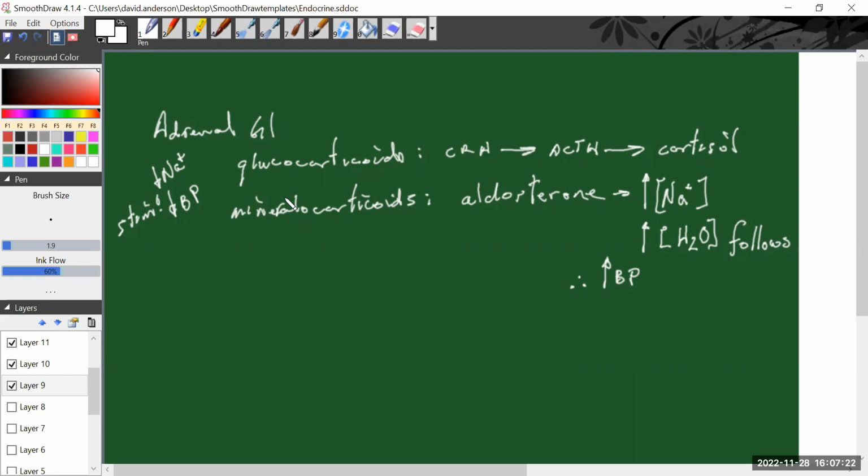So the location for where these stimuli are going to get a response, in other words, the receptors, if it's for sodium, they're called osmoreceptors. And if it's for pressure, they're called baroreceptors. So those receptors are located in the kidney. And if those receptors get excited, they're going to release something called, so we're going to say in the interest of low sodium and low blood pressure, receptors signal